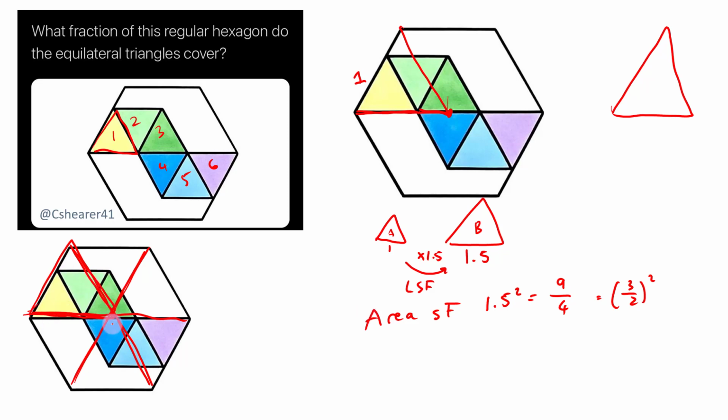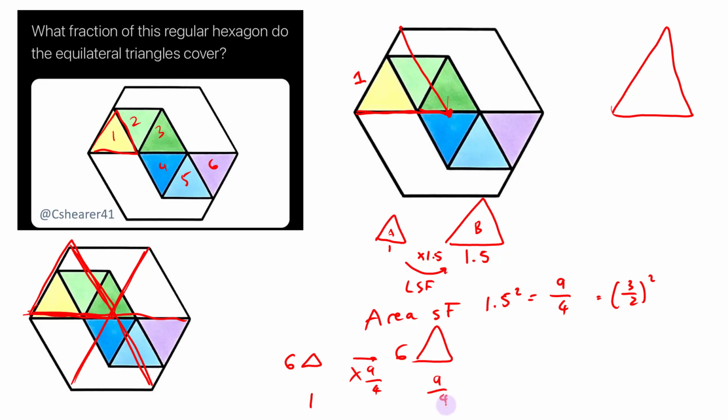Now, because we have these 6 little equilateral triangles here and we have 6 bigger equilateral triangles here, we can just look at the whole area of these 6 pieces together. So to get from our 6 small triangles to our 6 big triangles, we're just going to times by that 9/4, the area scale factor. So if we imagine that the smaller triangles have an area of, let's say, 1, the bigger ones have an